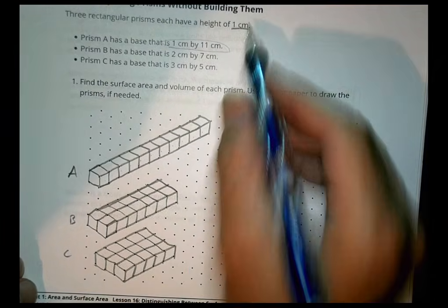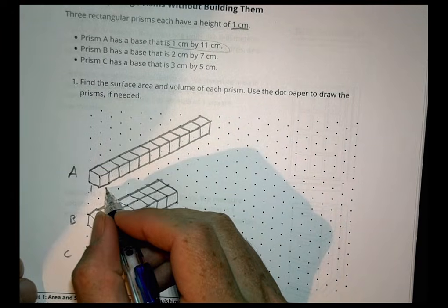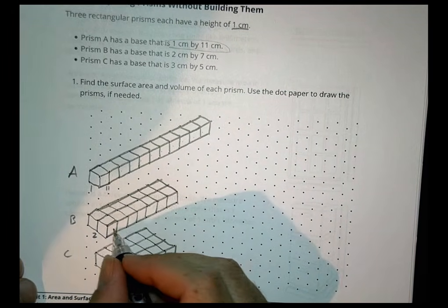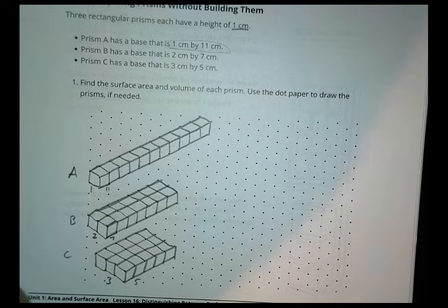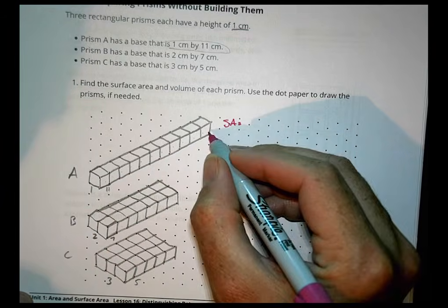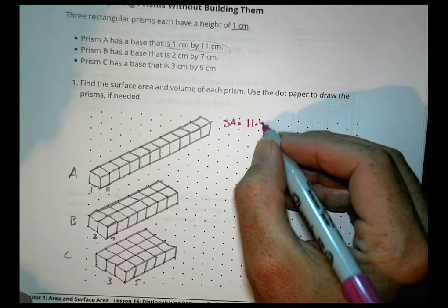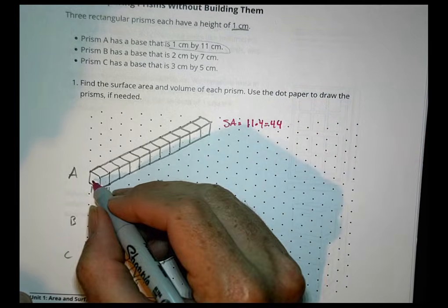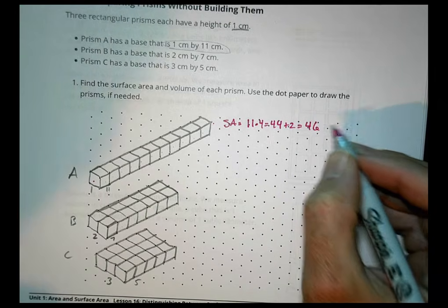They're all 1 centimeter high, and their bases are a 1 by 11, a 2 by 7, and a 3 by 5. The next thing it wants us to do is find the surface area and volume for each one. Looking at the first one, for surface area, we have 11 on each side, so 11 showing there, and there are 4 sides of that, so it's 11 times 4, which is 44. Then we have a front and a back, so plus 2 more. Surface area is 46,